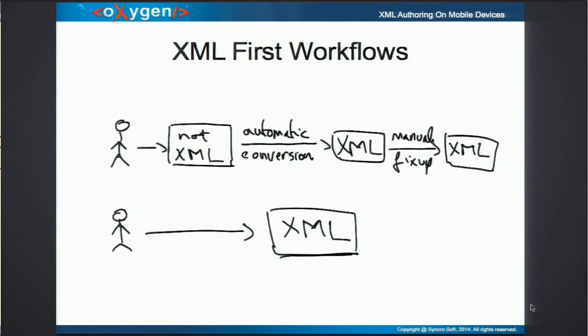Another use case that I've seen is that some companies need to get initial data. They have an XML-based process, but then they get initial data in Word, for instance, and then they run a conversion process, and then probably that, in some cases, is not 100% correct, and then you need to have a manual fix-up. So that's another point where you can bring in an XML interface to collect initial data from people directly in XML and bring that